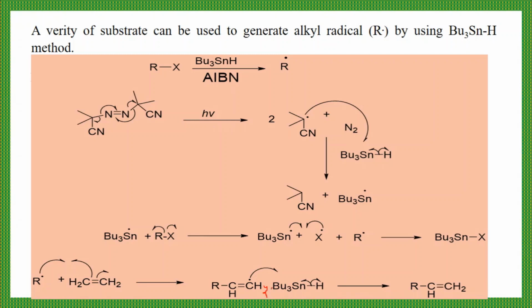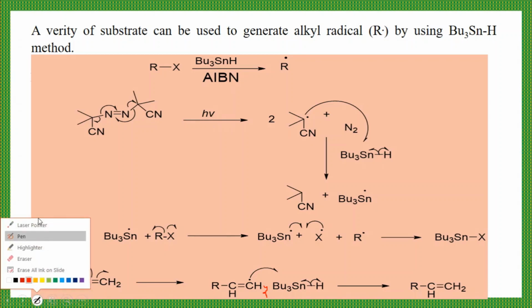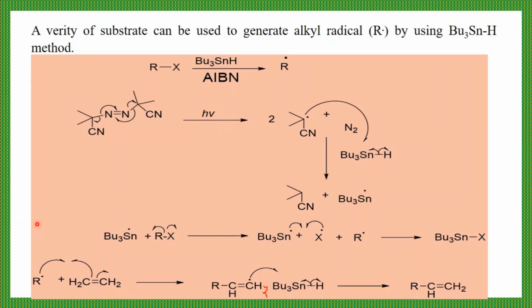Two, now you can understand, it says CH2 radical. Then with this CH2 radical, you will get this radical adduct, and then we are trapping that by using this tributyltin hydride. So you are converting this radical adduct into a non-radical adduct. This tributyltin hydride undergoes homolysis, and it will generate a hydrogen radical and a tributyltin radical.